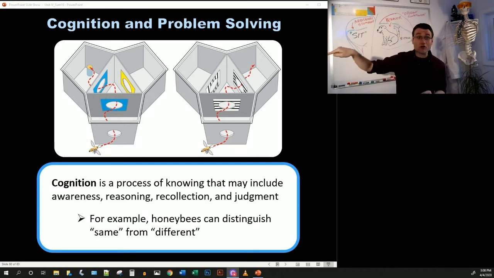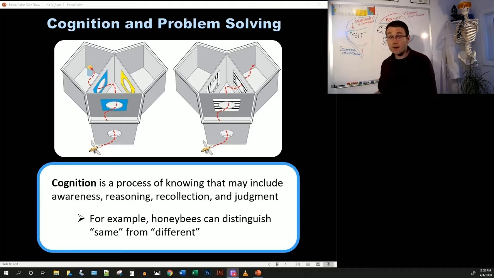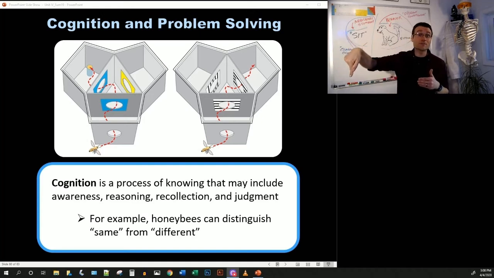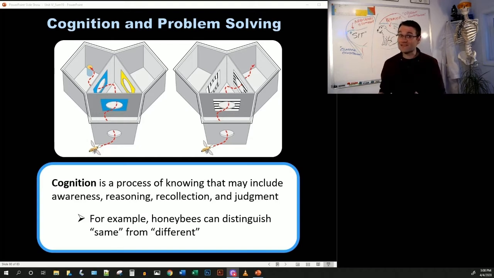So they can do it with horizontal stripes and vertical stripes. They could do it with different shapes. They could do it with black and white. They could switch: you go in through the yellow and then the food will be behind the yellow chamber instead. What the bee is learning is the difference between same and different. And that requires memory. It has to remember what door it came through when it's presented with these two other options. And it will find the correct chamber to go to after you've taught it, even if you remove the food, right? So it's not just following its nose to get there, it's remembering the trick for solving this puzzle.